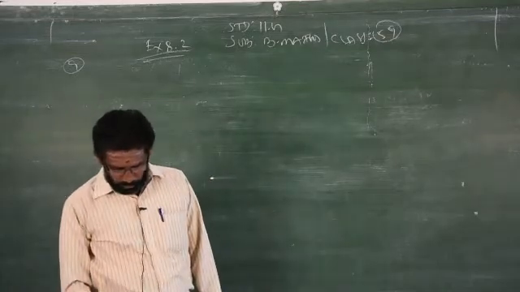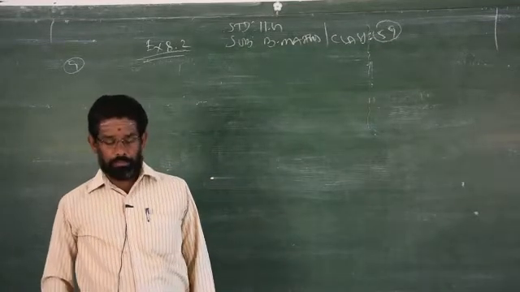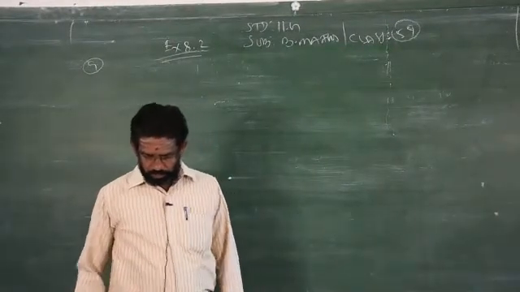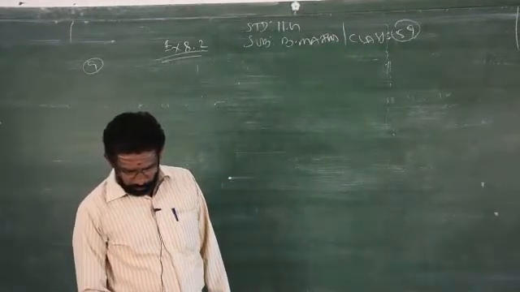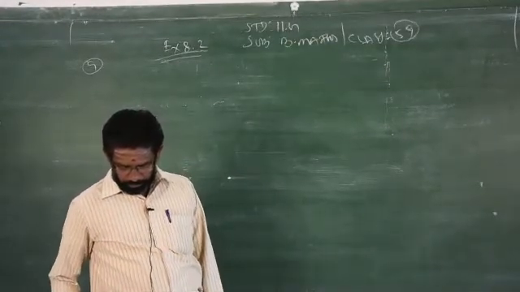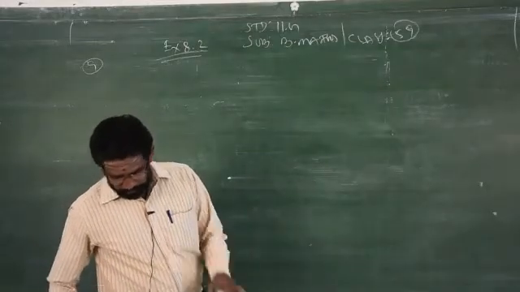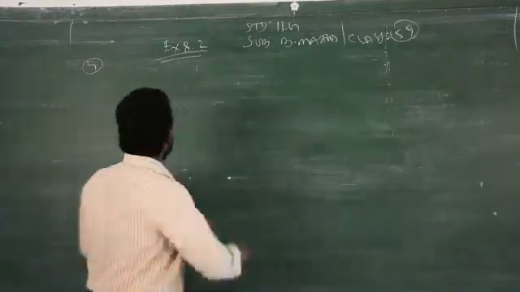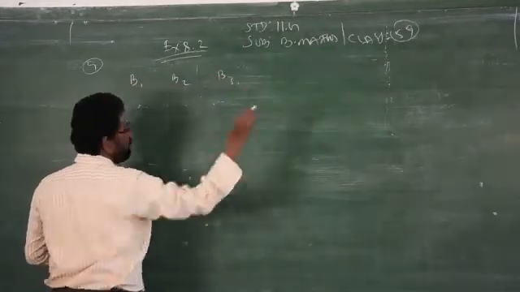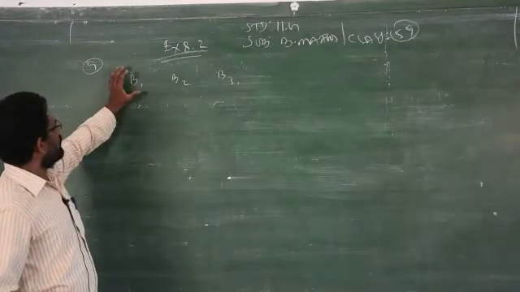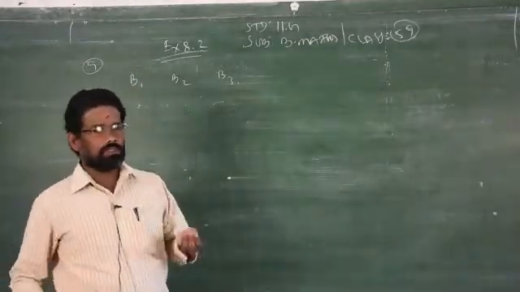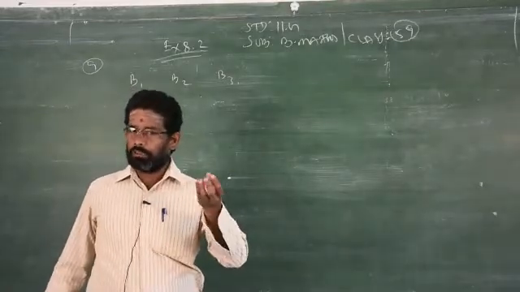Three boxes B1, B2, B3 contain lamp bulbs, some of which are defective. The defective proportions in boxes B1, B2, B3 are respectively 1 by 2, 1 by 8 and 3 by 4. Actually, what is given? There are 3 boxes, and we just name them B1, B2, B3. Each box contains some bulbs, and some defective bulbs are also mixed in.